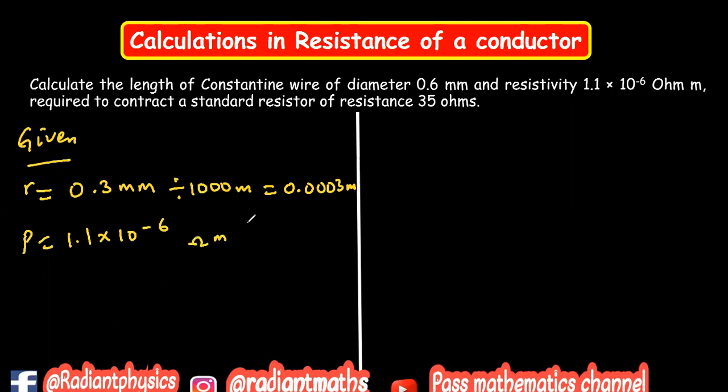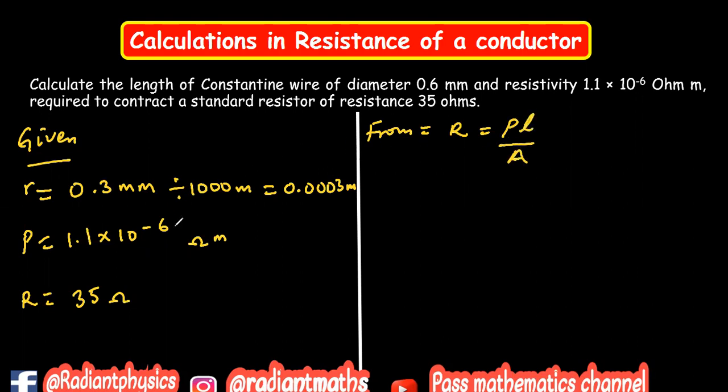So let's use the symbol in this case. And then we have the resistance, R, which is giving us 35 ohms. 35 ohms, okay? Let's use the symbol as well. So these are the parameters that we have in this question. So now from our equation, that is from our formula, from this, that is this equal to